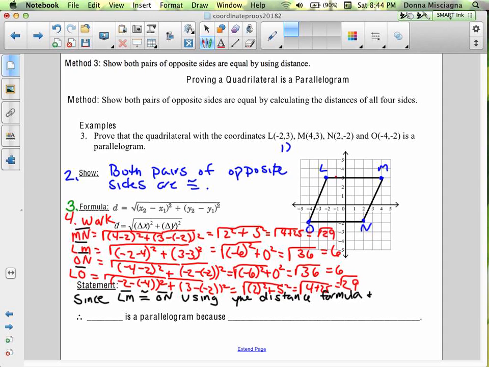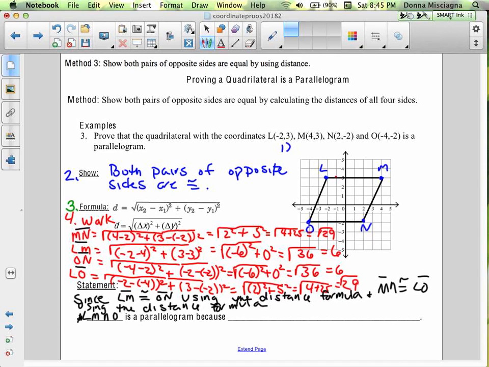and what are the last two? MN is congruent to LO using the distance formula. Ooh, running into one another. LMNO. That's actually a very bad sentence because I have since. Well, just get rid of the therefore. Then I'll have a good sentence. Since LM is congruent to ON using the distance formula, and MN is congruent to LO using the distance formula,